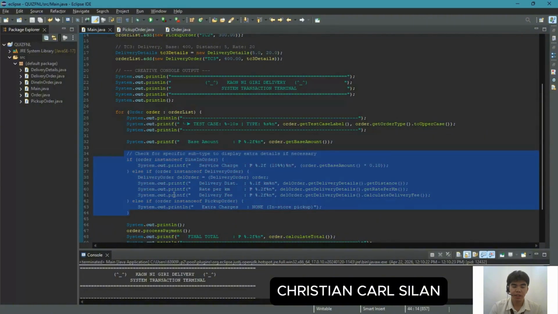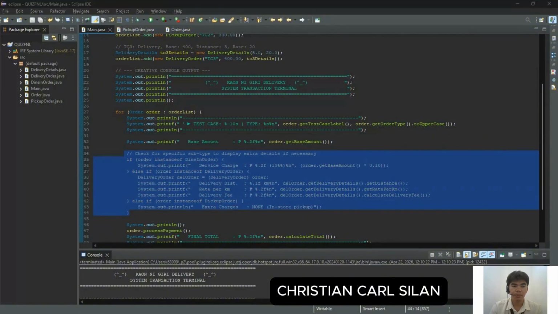So let's proceed to the if else. This block uses the instanceof operator to identify the specific type of each order, allowing the system to display relevant extra details like service charge, delivery fees, and for delivery orders, their code. It performs downcasting to access specific methods in the delivery order that aren't available in the general order class.